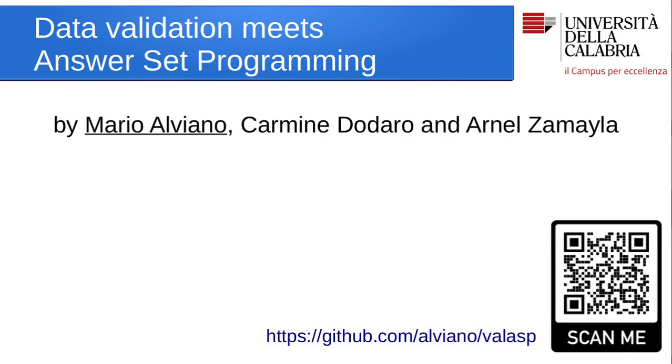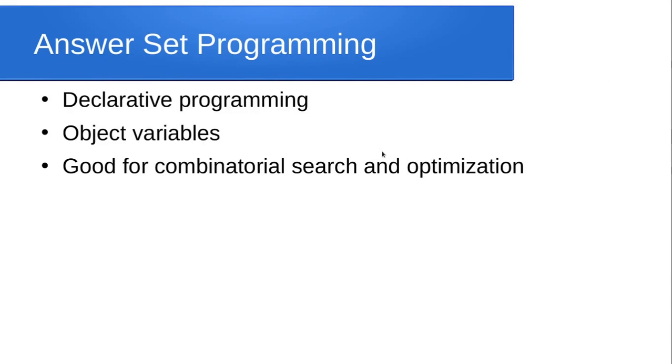Hi everyone. In this paper we try to introduce a bit of data validation in answer set programming. So let me give you a bit of context why we did this work. Essentially, answer set programming is a declarative programming language, and it features many constructs to ease knowledge representation and reasoning. Among them the notion of object variables, very convenient to have a compact representation for specifying combinatorial search and